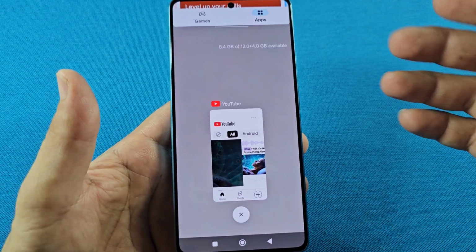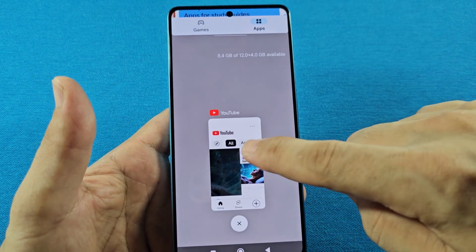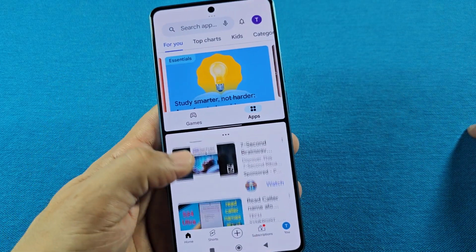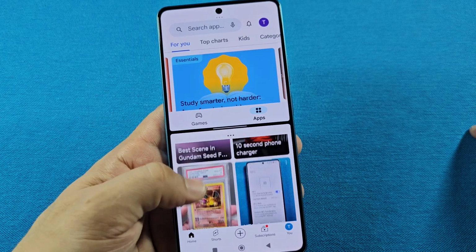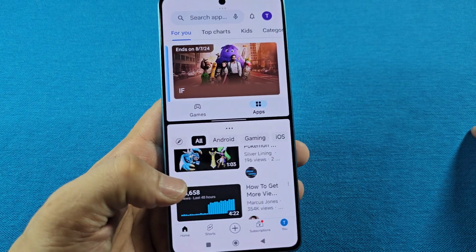Then you'll go ahead and choose the other app you want to enter into split screen mode. So I want YouTube to be there. And of course, once you do this, once you get it to do that there, basically, if you want it